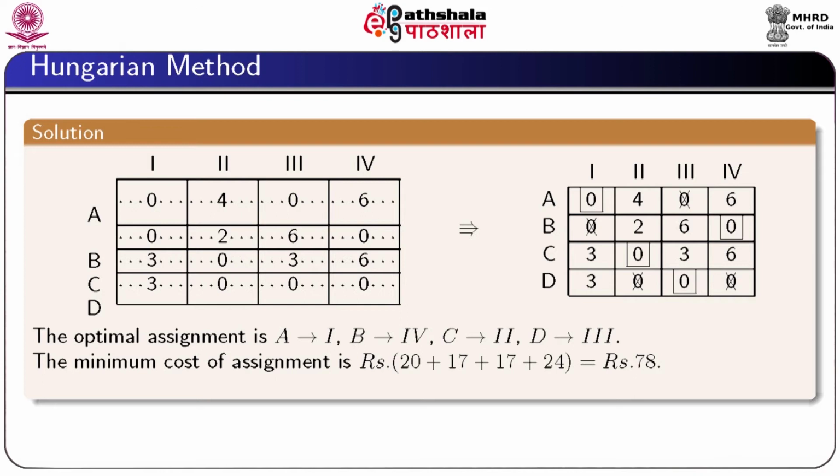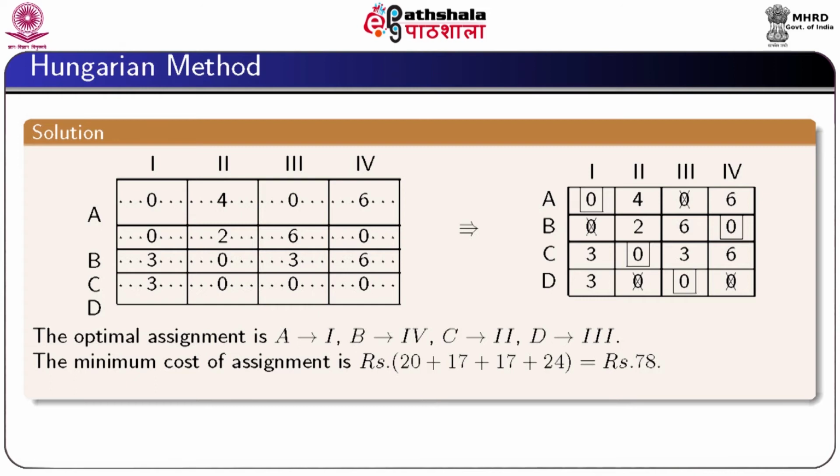an assignment with a zero and put a box there, and following the same technique we cross all other zeros lying in the same row or in the same column in which we put the box. So, in this way we box the zeros until all the zeros are exhausted, whether they are put in a box or crossed out. So finally, we get the optimal assignment as